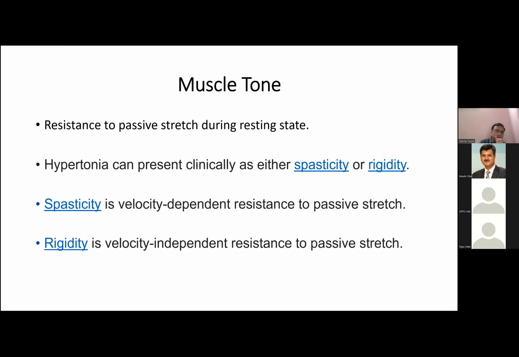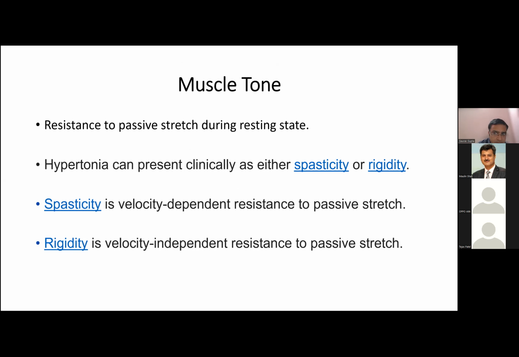So then we assess the muscle tone. Muscle tone is basically resistance to passive stretch during the resting state of a muscle. A muscle can be of normal tone, hypotonic or hypertonic. In upper motor neuron lesions like cerebral palsy, there is commonly hypertonia, and it can present either as spasticity